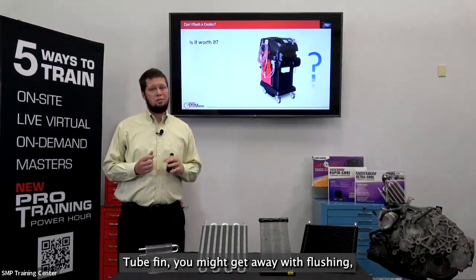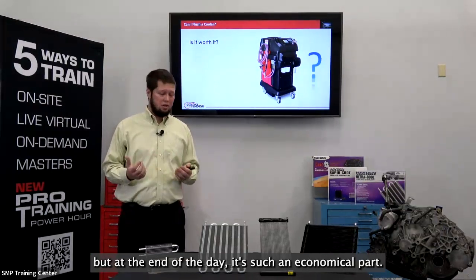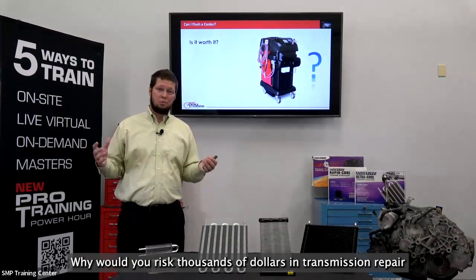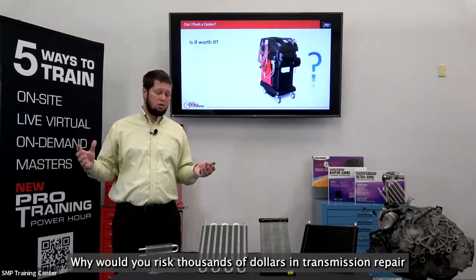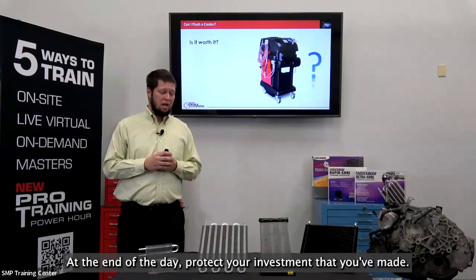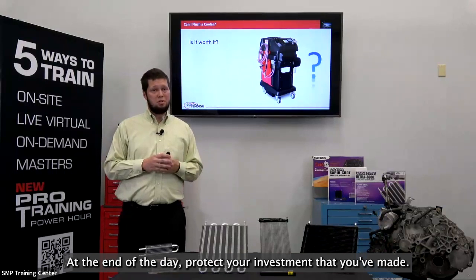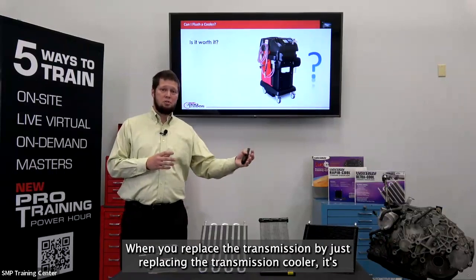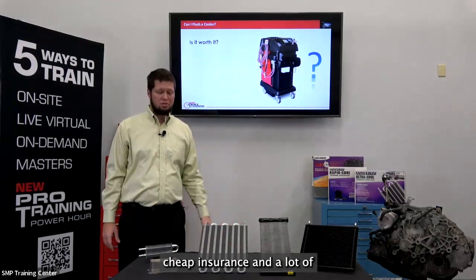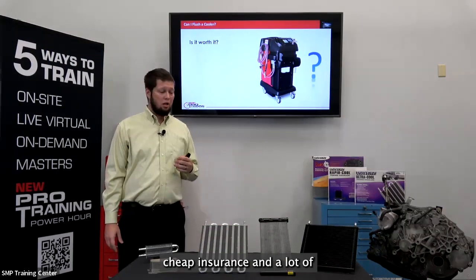Tube fin, you might get away with flushing, but at the end of the day, it's such an economical part. Why would you risk thousands of dollars in transmission repair over a cooler that's less than $100? At the end of the day, protect your investment that you've made when you replace the transmission by just replacing the transmission cooler. It's cheap insurance,